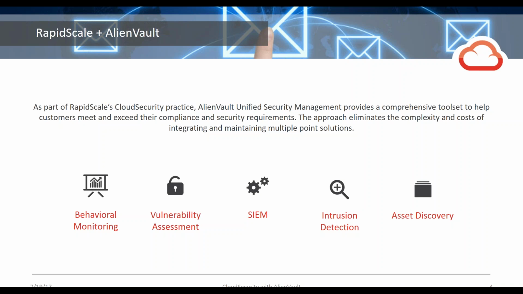AlienVault is a Gartner-recognized product in the SIEM quadrant, for instance, but it's a bigger picture than just the security information and events manager. AlienVault also gives us the opportunity as a managed services provider to give that first level of support, to be the escalation and the triage. And if you're subscribed to our services, the remediation of incidents that may come up. So it really was a perfect match for us as a security component on the inside of the network. And we'll go into the details of some of those different components once we hand it off